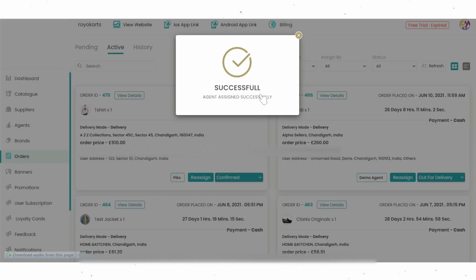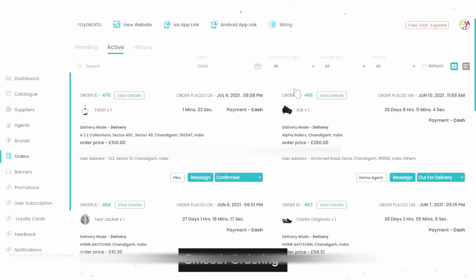Now I will be showing you the main screen of the agent application. As you can see, the delivery boy has already got a notification of the order. He can see here the delivery location, the store from which the order is placed, and the amount of cash on delivery he has to take from the customer. Now he can just click on the order, and he will be shown the status of the order as well. As I have clicked on this, he can see the order is packed.